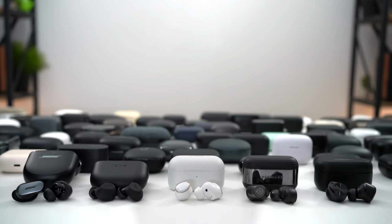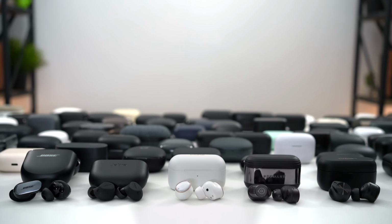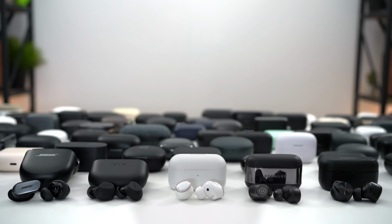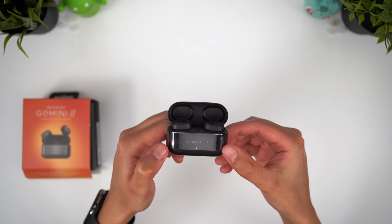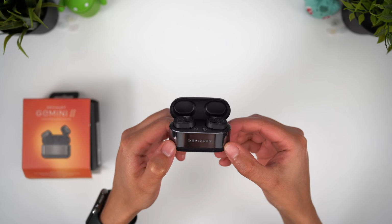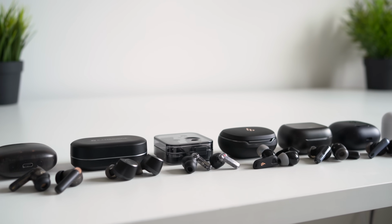We've seen a lot of fantastic earbuds in this year's Earbuds Awards video, the very best performers in various categories, but a lot of those were very expensive. DVLA's Gemini 2 sound incredible, but they're also $450. So as promised, I'm back with another list of the best earbuds on the market that fall within a certain